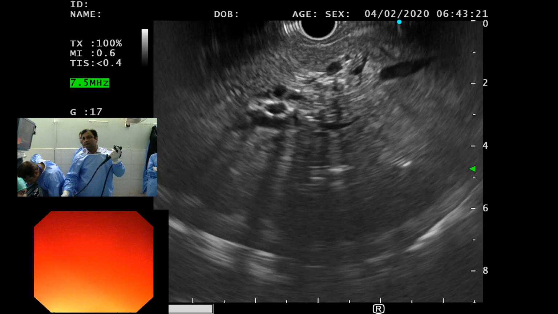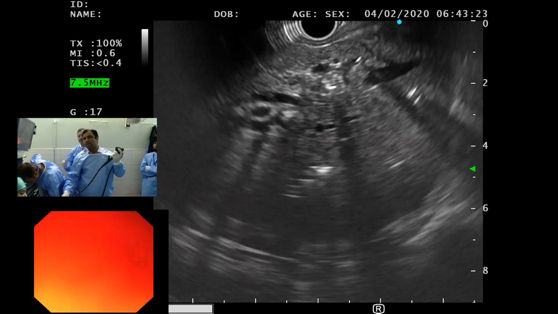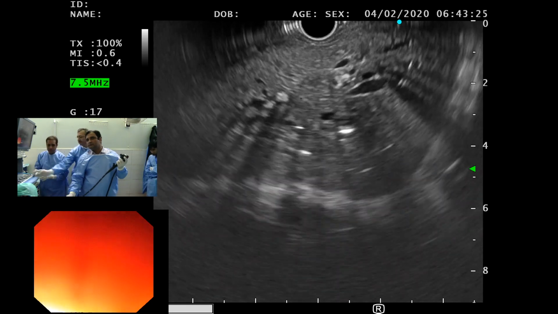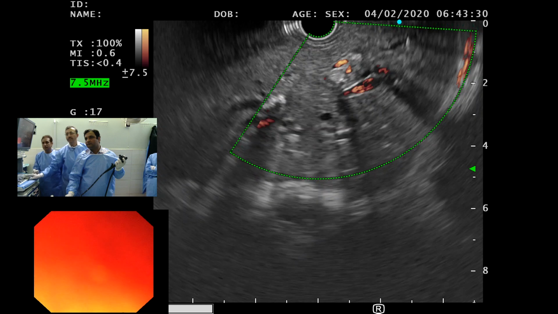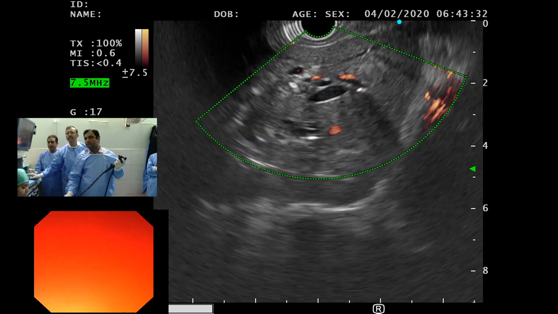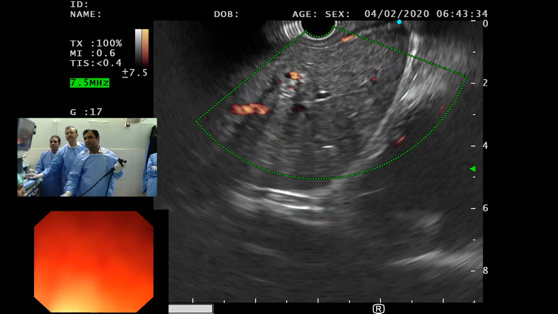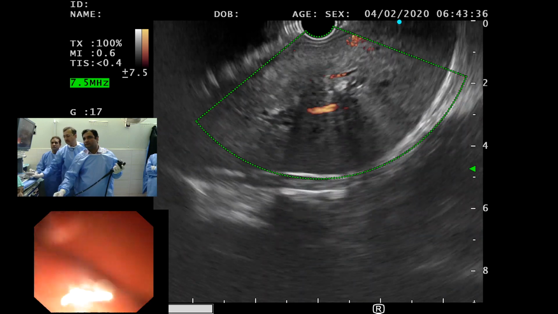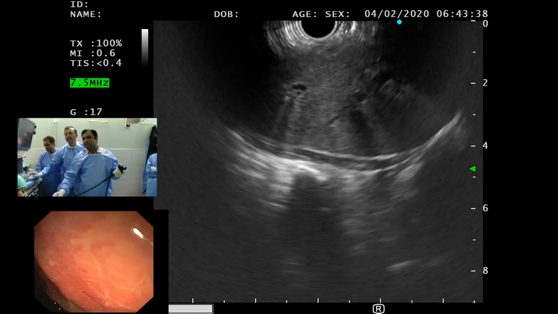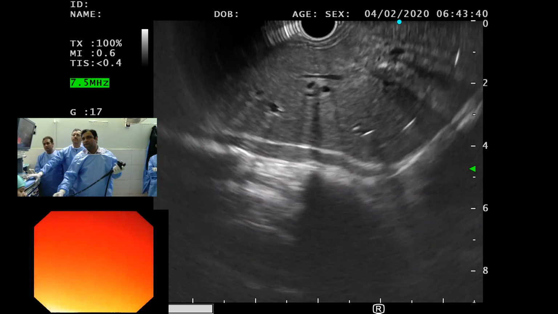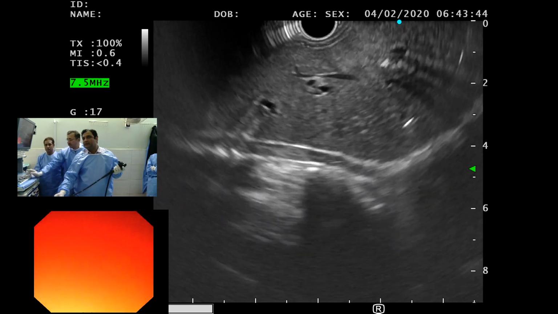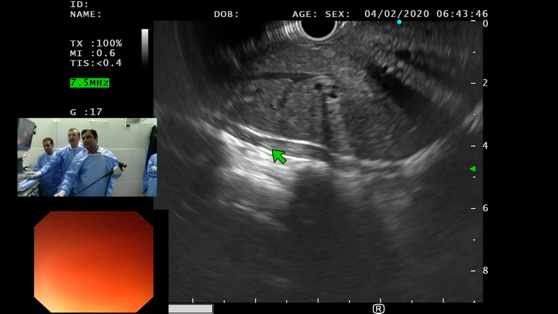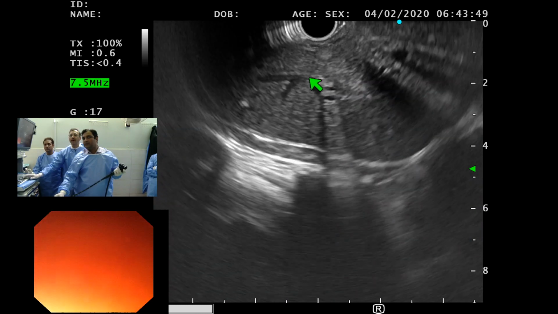Can we put Doppler on it, please? Yes, certainly. This is left hepatic, that's right.